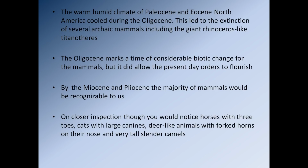So the warm, humid climate of the Paleocene and Eocene in North America cooled during the Oligocene, and this led to the extinction of several archaic mammals, including organisms like giant rhinoceroses, the giant rhinoceros-like titanotheres. So the Oligocene marks a time of considerable change for the mammals, but it did allow the present-day orders to